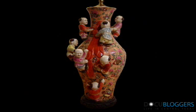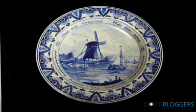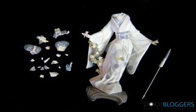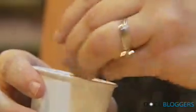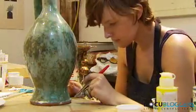But what I do in my business is I bring the things back to life. I put them back together piece by piece. I fill all those little cracks, those missing pieces. Then I in-paint all the detail back in, and it'll look like it was never broken. I've fixed things people have dropped on the floor that have been in 30 pieces, 40 pieces, little tiny shards falling apart, even pieces where many times people will have broken things and they put the pieces away in their closet, they can't bear to throw it away, they can't bear to look at it. And then they find me, they find out it can be fixed, they get it out of their closet,